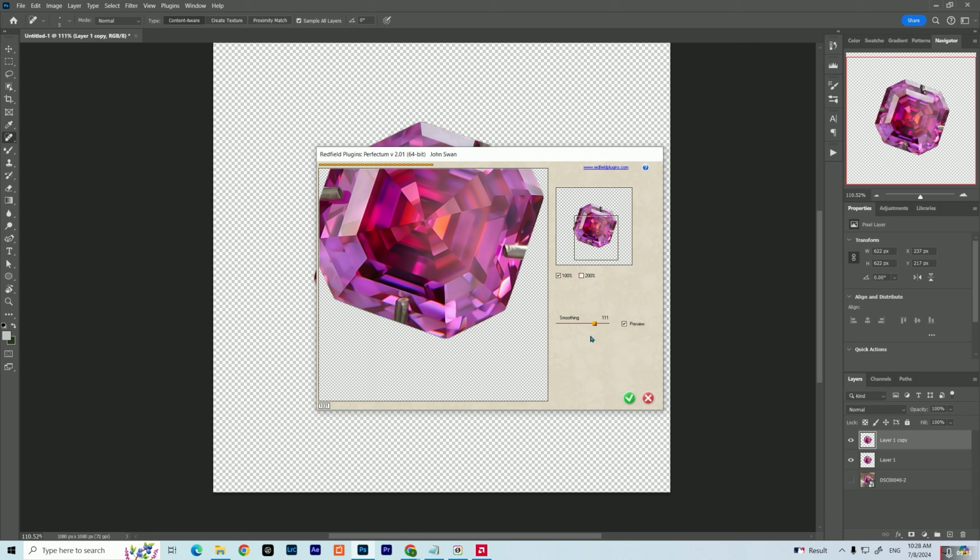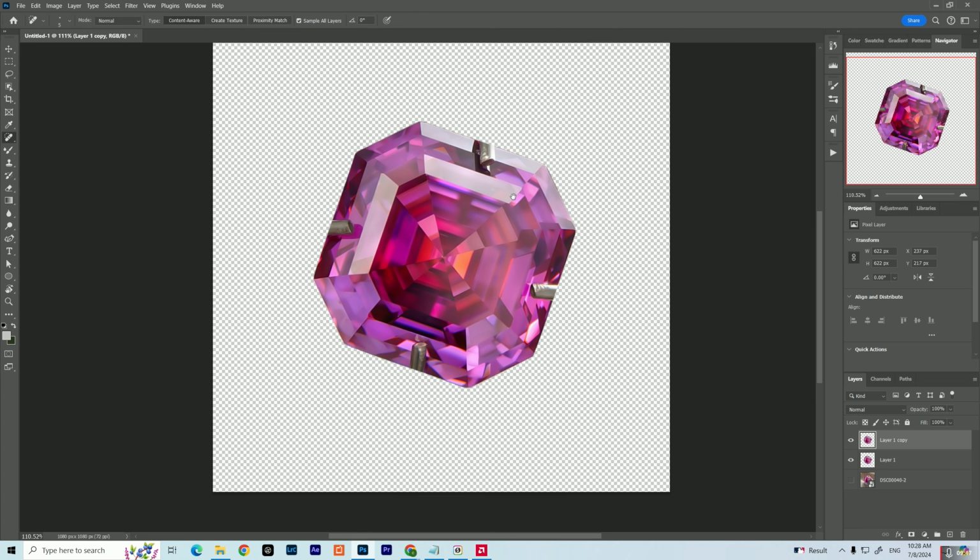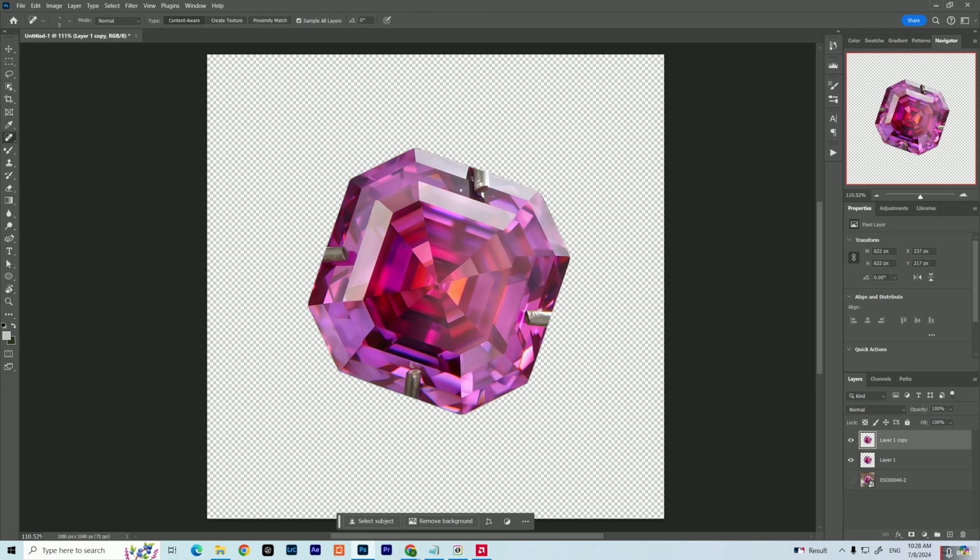and mess up a little bit with the setting right here, and that looks perfect for me. Then we're going to hit apply. So now we have smoothed our surface,